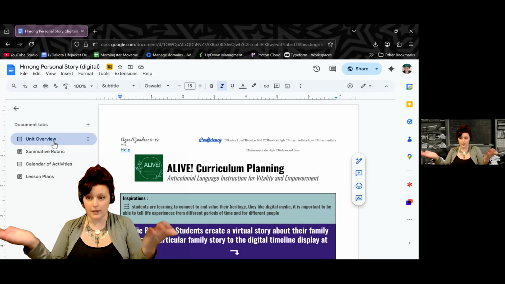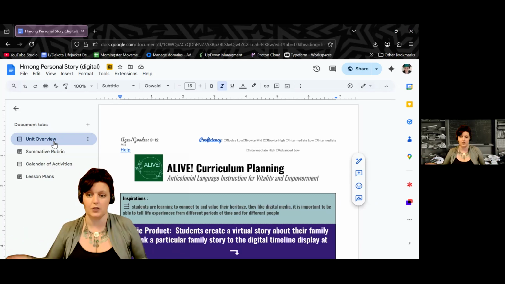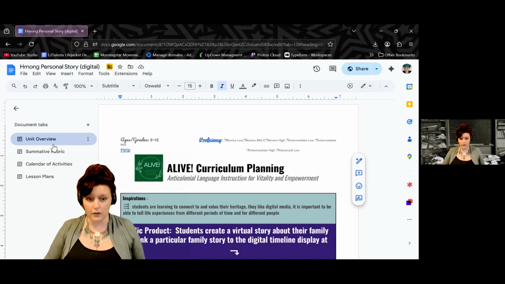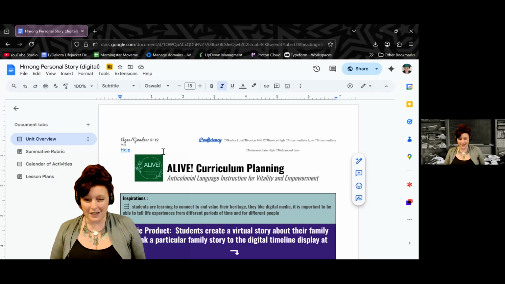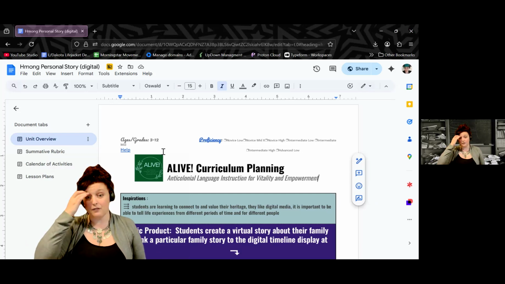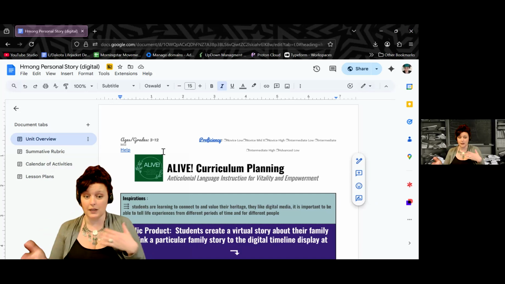And therefore, the design is the opposite of a teacher-centered textbook. So just really quickly, the first tab is going to be the unit overview. You'll see some information at the top about where we see this as being appropriate for. Quick note, there are other videos about this, but you will not find that the Alive curriculum is strictly divided